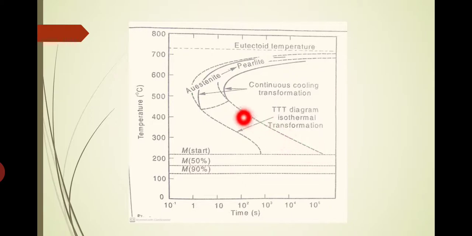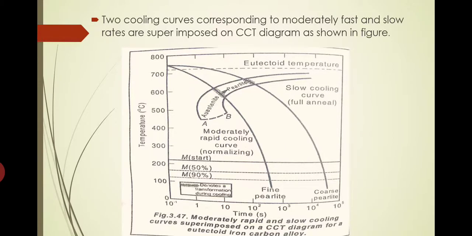This line is not important for the CCT diagram. So starting may be there, but ending will not be there, or complete transformation will not take place. So directly we will be obtaining martensite in that particular cooling rate. That's why this curve is terminated at the nose point. Okay, so this AB line is the closing line. So the CCT diagram will be only up to this region only. There is no lower portion.